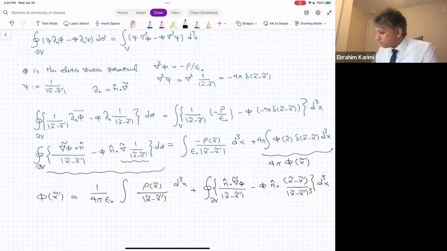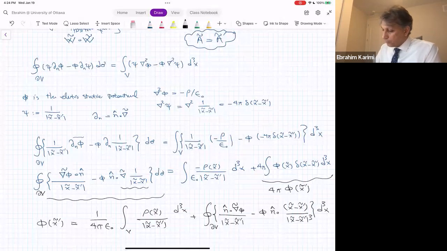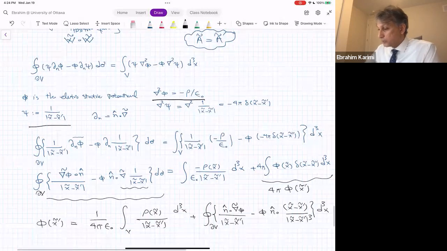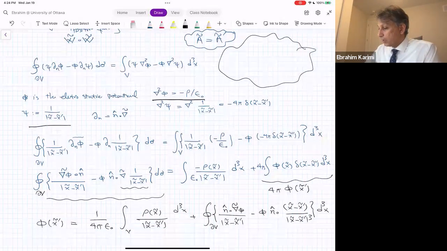Okay. So the potential everywhere is what I have done. I assume that phi is the potential and psi is this function. There's no condition here. So it's a volume of V and has a surface, which is the boundary of V. And now what I ended up with is that the potential at any place x prime is given by this expression,